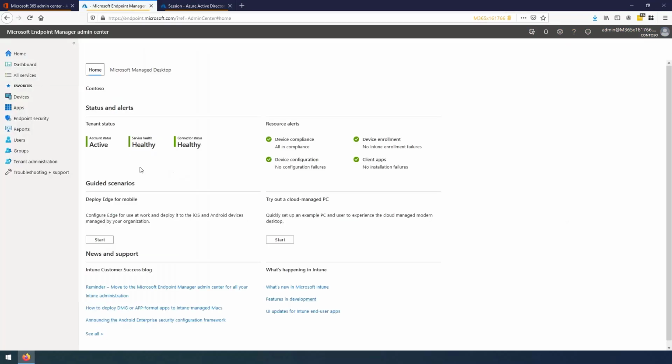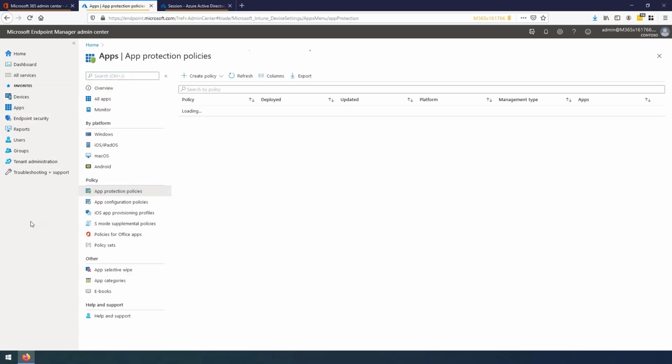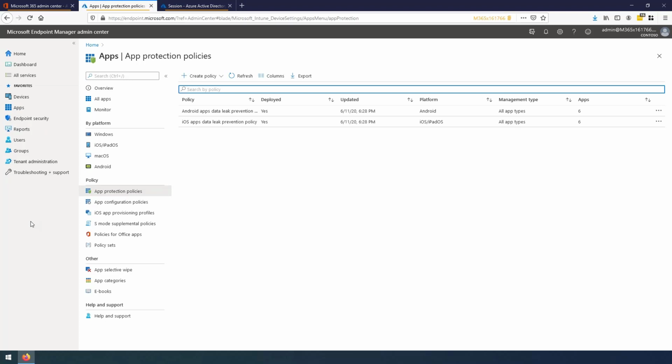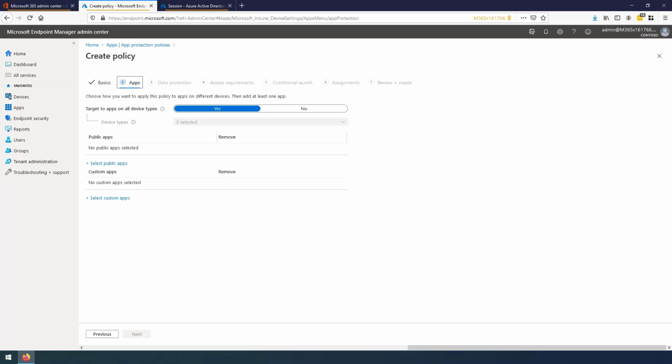because what that does is when we go into Endpoint Manager and we click onto apps on this side, if we are looking at what's called app protection policies, which we would create for those mobile applications that have been deployed, then we would create them here. So we would say create policy. Let's say it's an iOS device. So from here on the iOS device, I'm going to type some values, do next,